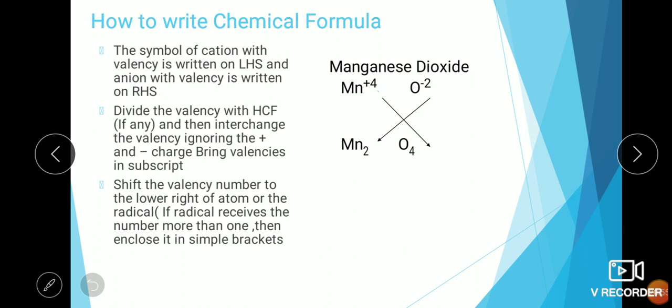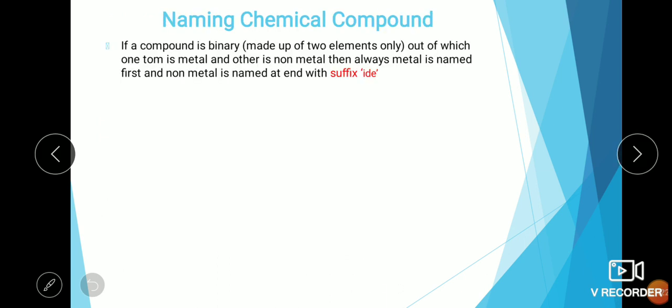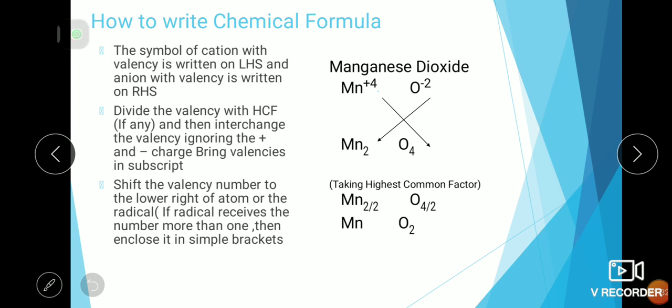The next compound would be methane. Now you have learned about methane from your 6th standard, so you are aware of the chemical formula, that is CH4, but you have to show the calculation part. Alright guys, so I hope that we are clear with our concept of chemical formula. In the next session, we are going to understand how to name a chemical compound, so we'll be focusing on naming of chemical compounds.